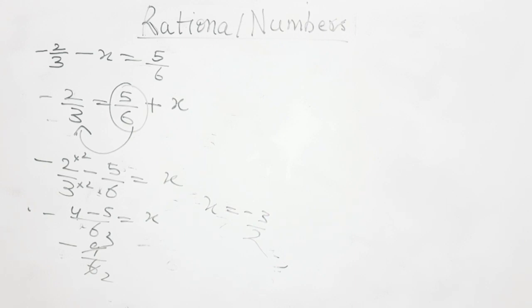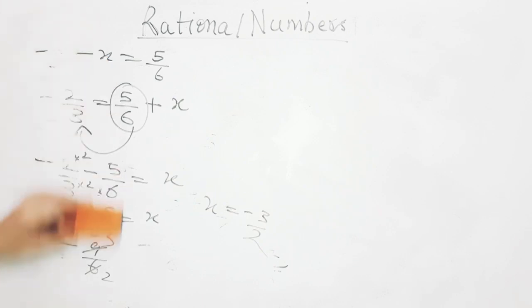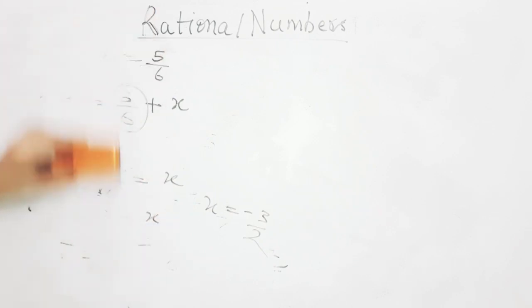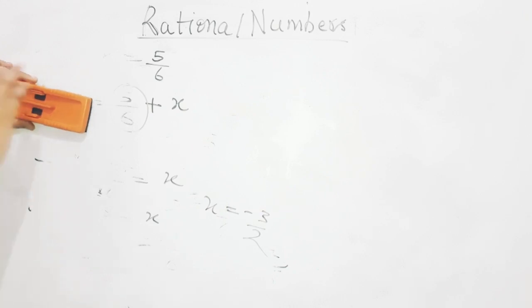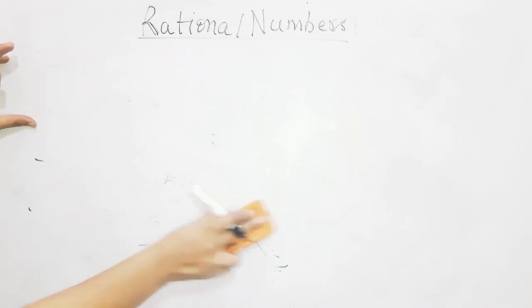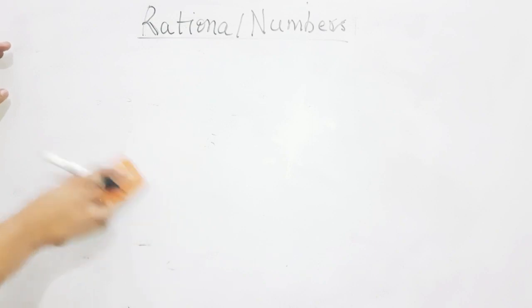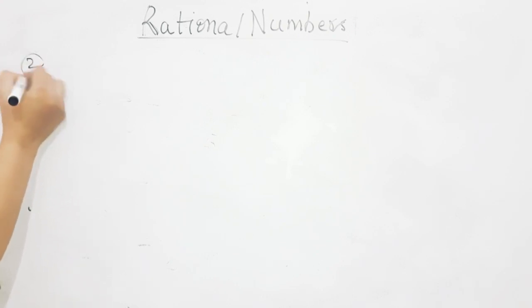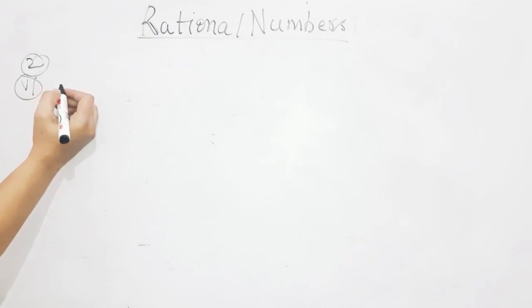So this is how we are going to subtract rational numbers. I am going to solve some questions from exercise 4D. The first question is based on additive inverse, so that will be done by you only. I am not going to solve that question. You all know what additive inverse is and how to solve it. Coming to question number 2, it has a total of 10 options. So I will be solving from option number 6, okay? The rest of the options are your homework.